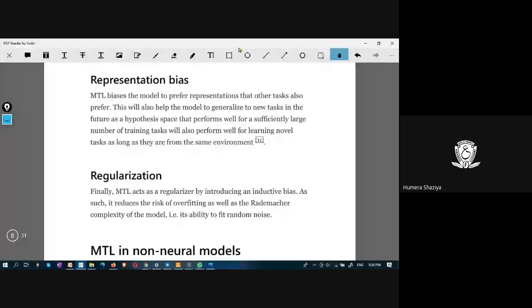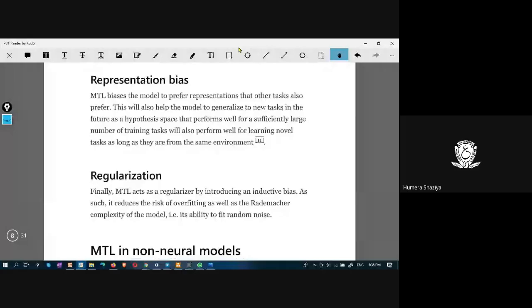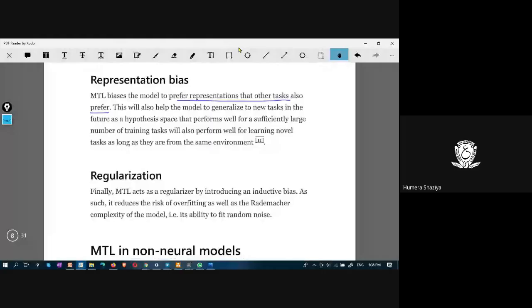And what is representation bias? This representation bias is when the model prefers representations that other tasks also prefer. MTL biases the model to prefer such representations. Suppose the teacher likes one student in the class very much, student A, and not B, C, D. What do they say?